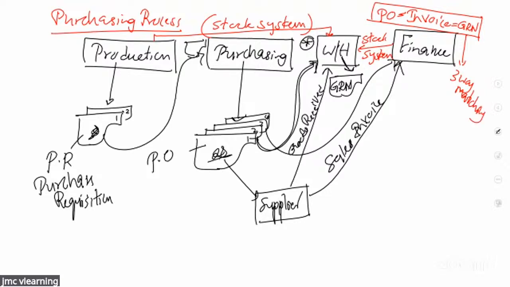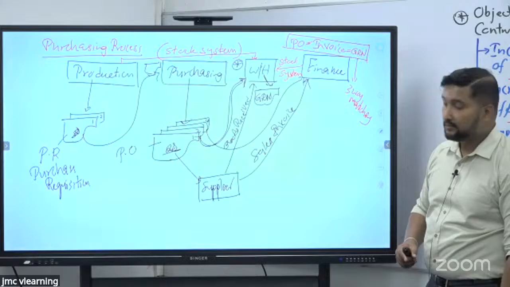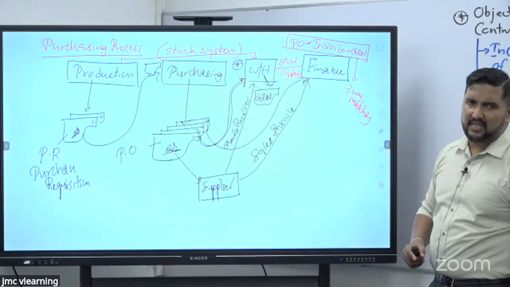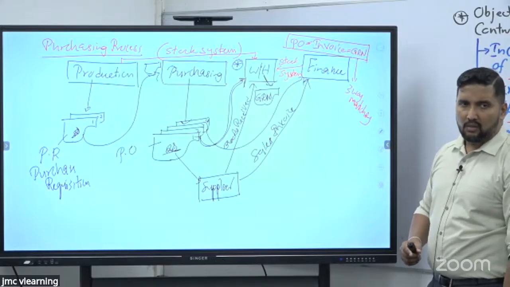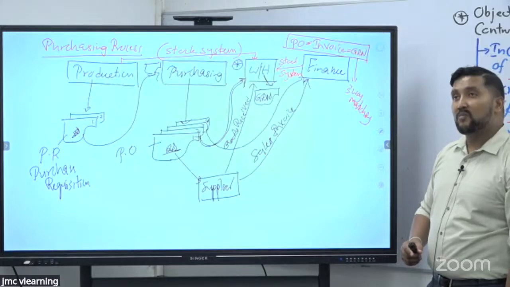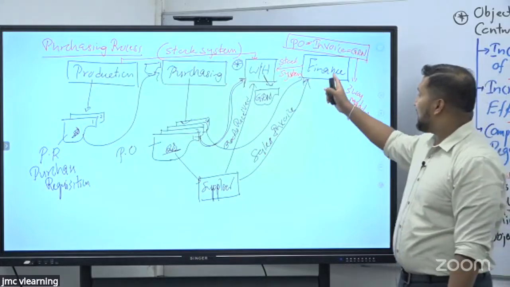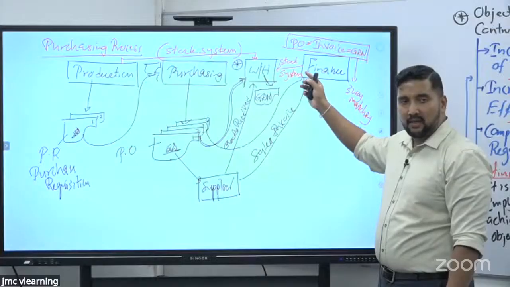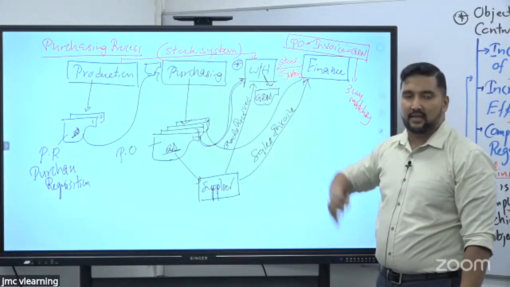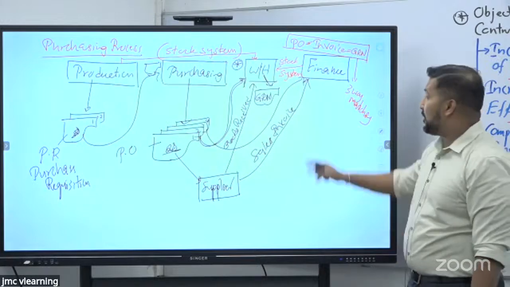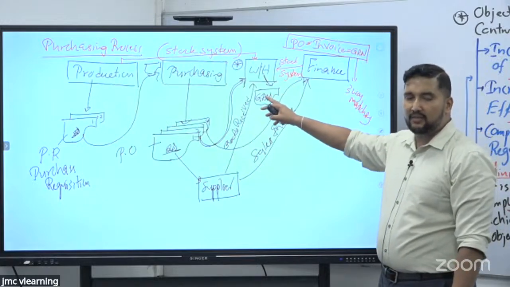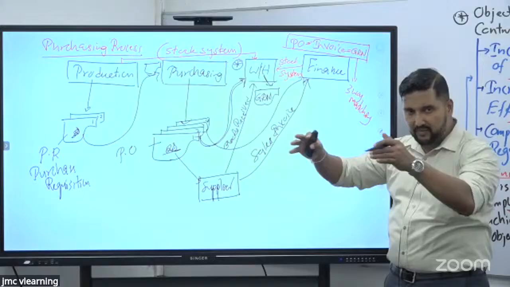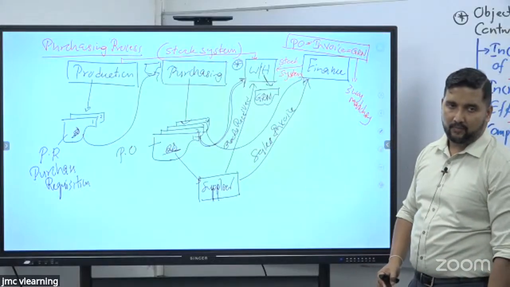Sir, how many copies of the GRN have to be raised? Normally the GRN consists of only 1 copy because it is not given to any other parties. So how does finance check? In that context, finance and the warehouse are linked together with the stock module, so the person doing the payments can check the GRN through the system itself. Since the GRN normally consists of the PO number, once the finance person enters the PO number, he can view the respective GRN as well. Okay, right. Thanks, sir.